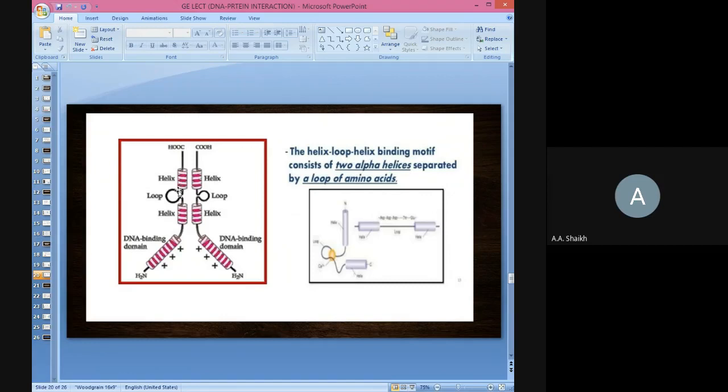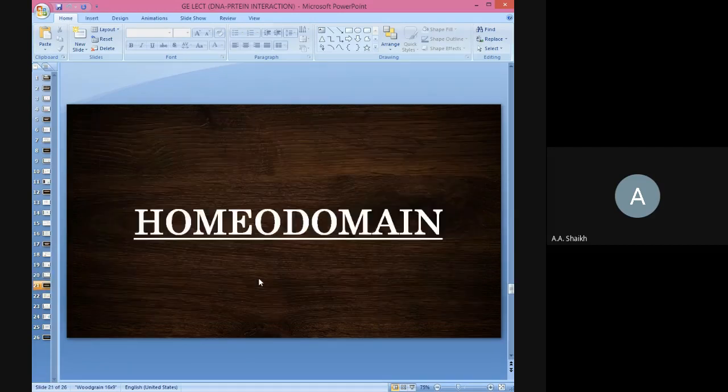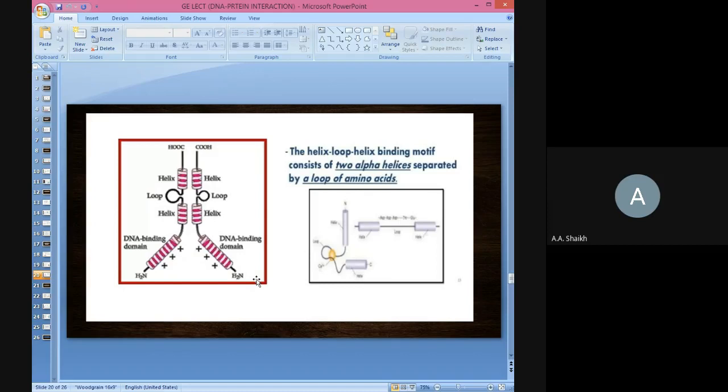Now here you can see clearly that one loop is slightly larger in size than the other loop. The loop which has a larger size has the ability to form the DNA binding domain. The other loop also helps in the DNA binding domain or interaction, but it more properly functions as a flexibility region, performing the packaging of the structure. So this is all about the helix loop helix. Is that clear to everybody?